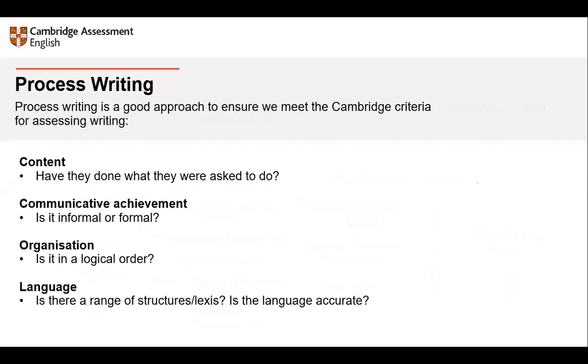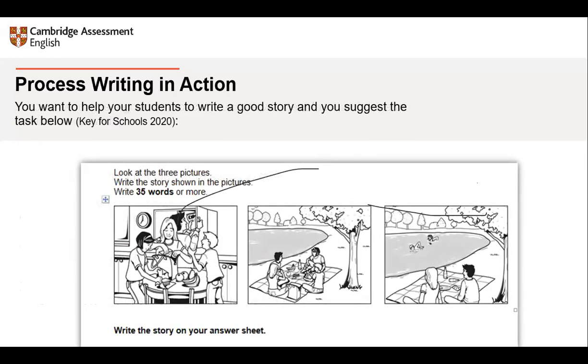So we turn the definition that we saw previously into questions. Communicative achievement, is it formal, is it informal, etc.? Does it meet the communicative achievement, the effect on the reader? How about organization? Is it in a logical order? And language, is there a range of structures or lexis? Is the language accurate? So we are looking at the criteria and the stages in process writing, because let's imagine